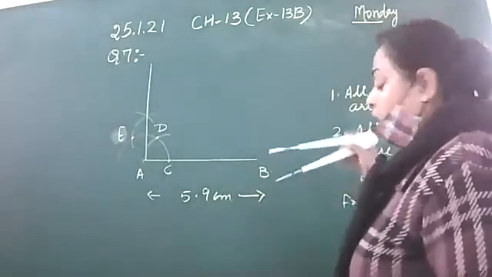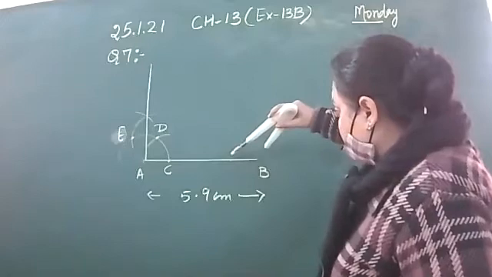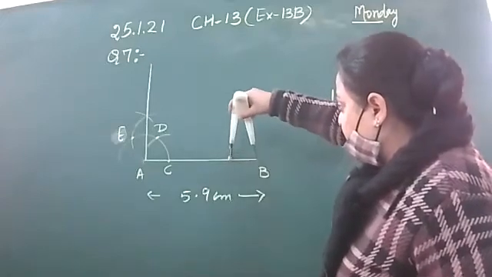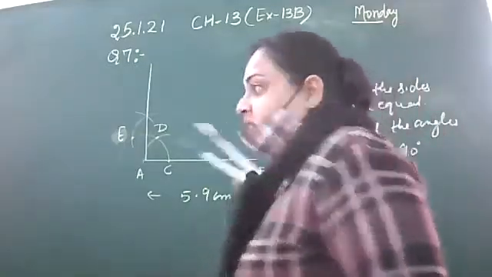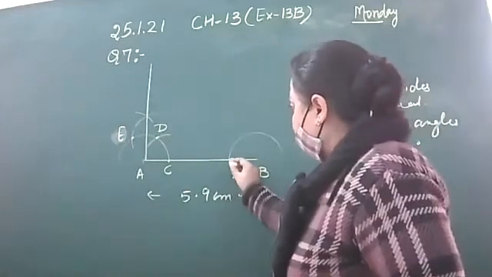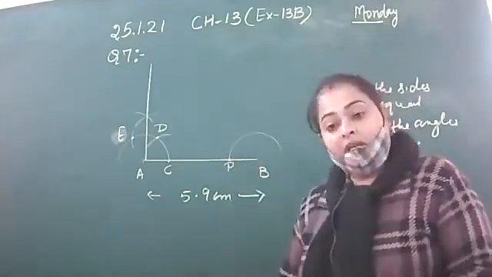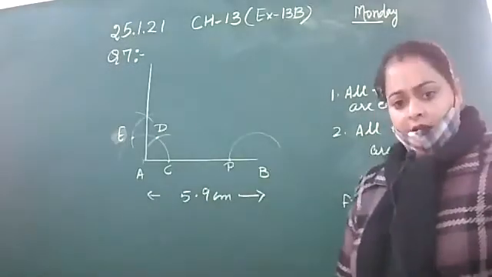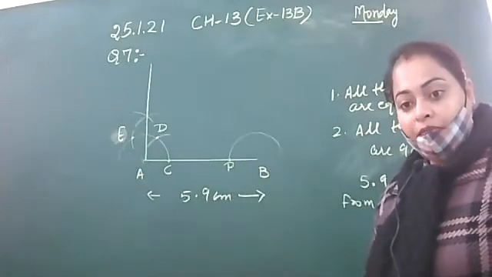Fine. Now, put your compass at B. Again, draw a semicircle. Fine. So, let it be P. Now, students, tell me where we put our compass now to construct an angle of 90